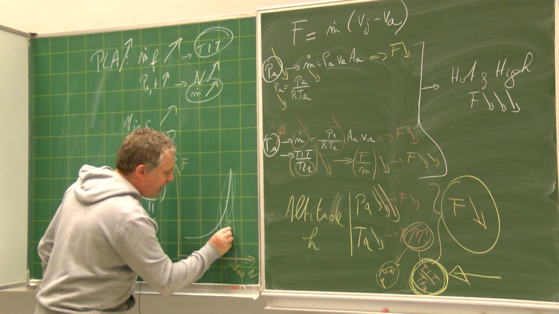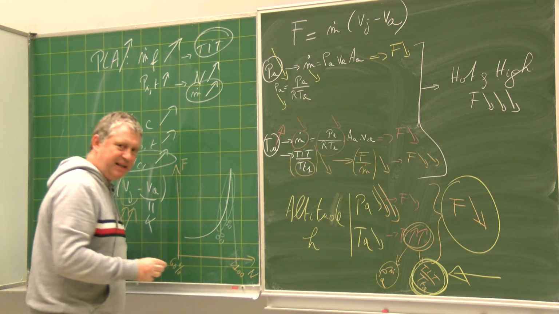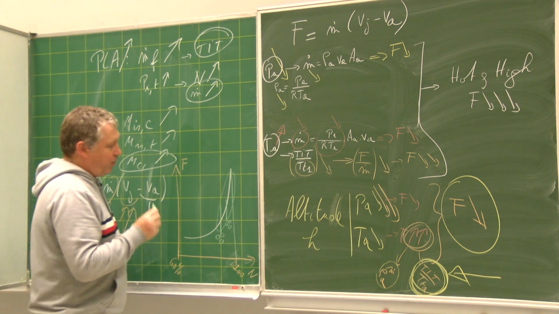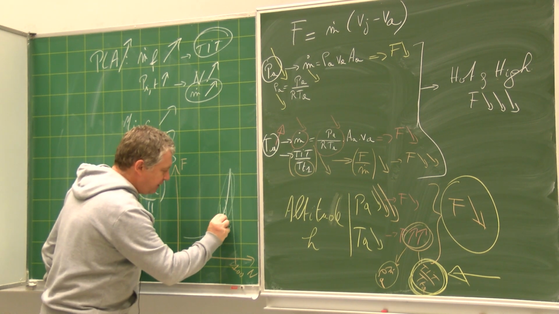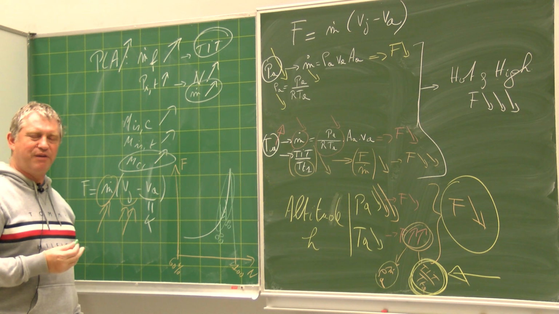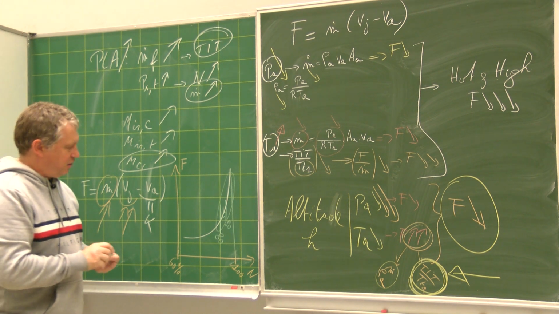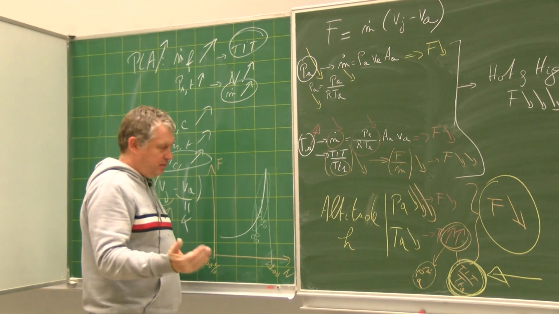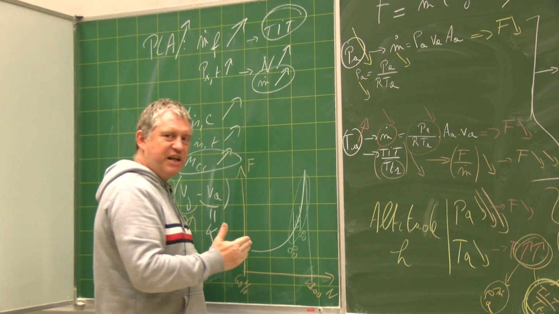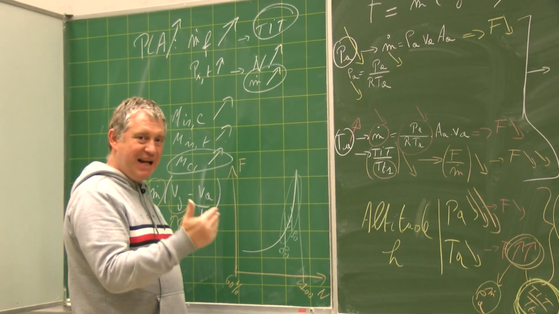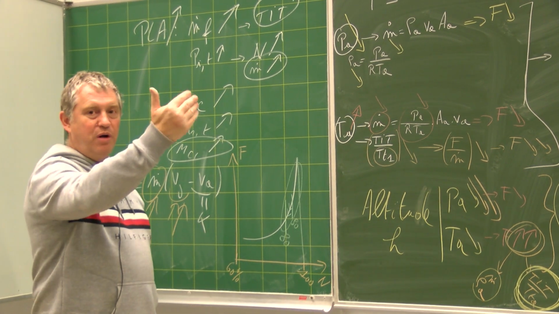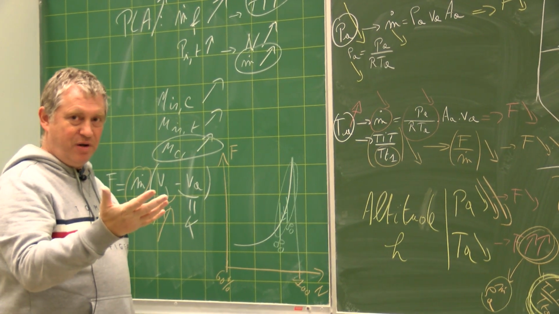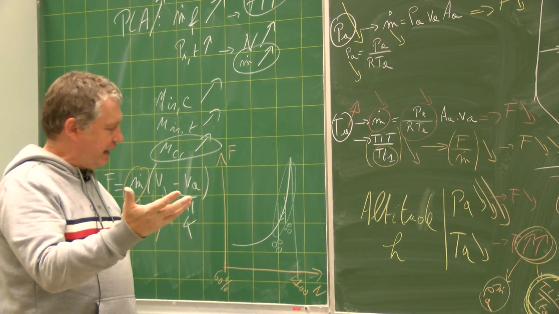Let's say between 90 and 80%. And what will we do? We will decrease the rotational speed during the flight. So we take off, high rotational speed, high PLA, high thrust, up to the beginning of the cruise. When you arrive at the beginning of the cruise,